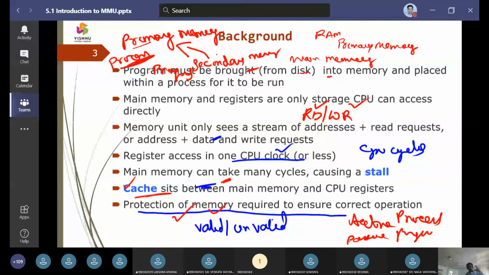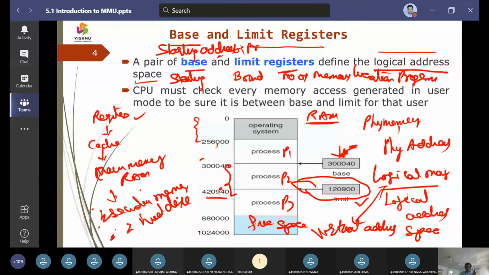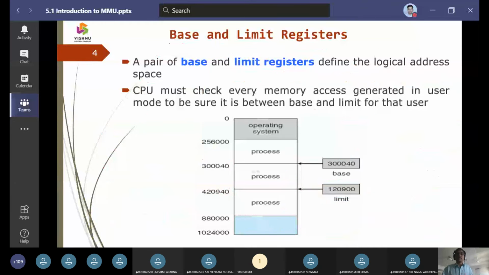The basic objective of memory management was that the data should be opened, and you can make a read access and a write access. To do this read and write access, it consumes some CPU cycles. When a program is brought in for execution, it becomes a process. The operating system occupies the high order bits, and the low order bits are assigned to the different processes. A process holds the starting address of a program, which we call the base address, and how many locations it occupies, which we call the limit address.